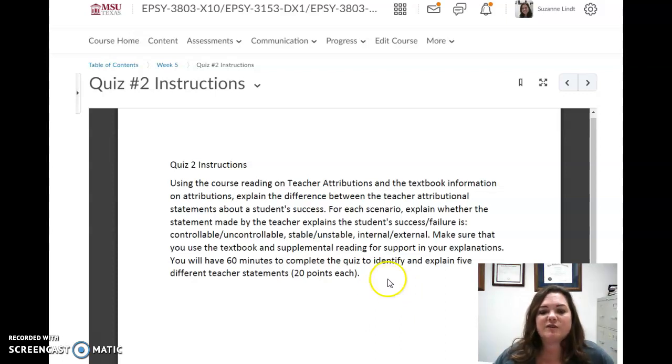So make sure you have an understanding, and please post in the course questions if you have any questions about attributions, but hopefully with all the information you should be good this week to complete your quiz. And then we'll finish up motivation and engagement next week. And if you want to work ahead, you can start looking at the project that's due at the end of next week.